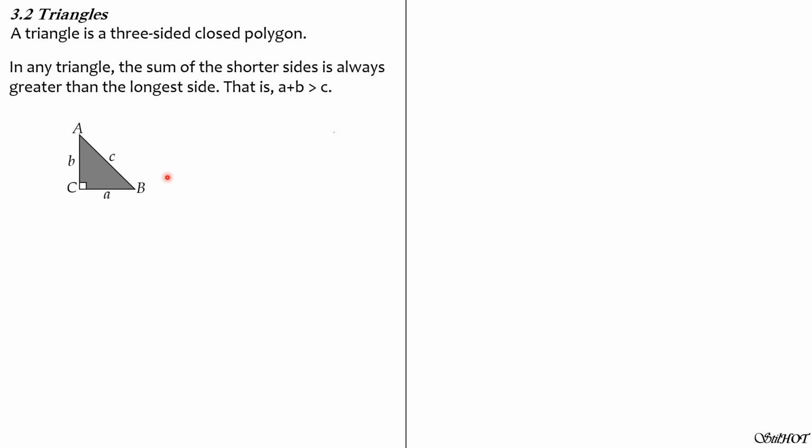Then let's have here the illustration of a right triangle. So A plus B should be longer than C. This is our right triangle. Then in this triangle here, in order to show that if A and B are the shorter sides, then notice that if we extend them, prolong them, definitely the sum would be greater than C to form that triangle.